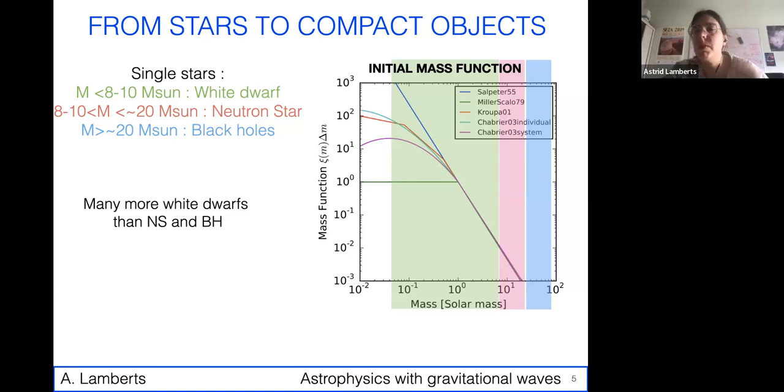People sometimes think that white dwarfs are not interesting, but remember, 95% of stars do make a white dwarf eventually. Then in the pink region, stars between, let's say, 8 and 20 solar masses will end their life as a neutron star. And even more massive stars will likely turn into a black hole. That's the blue region, which is actually not even shown on the plot.